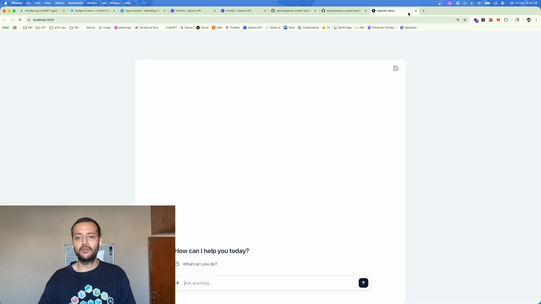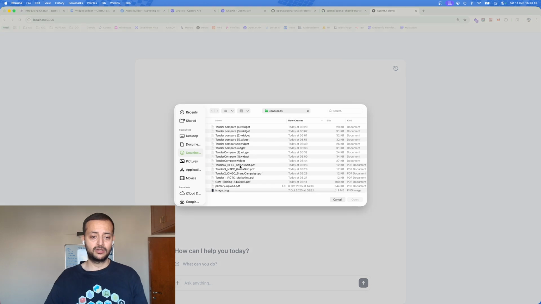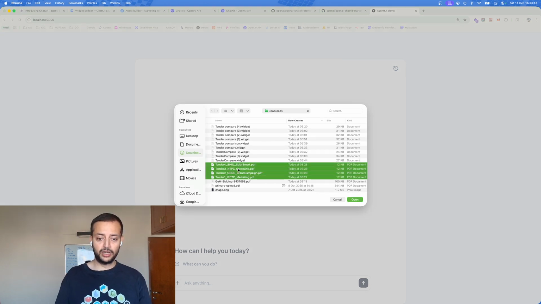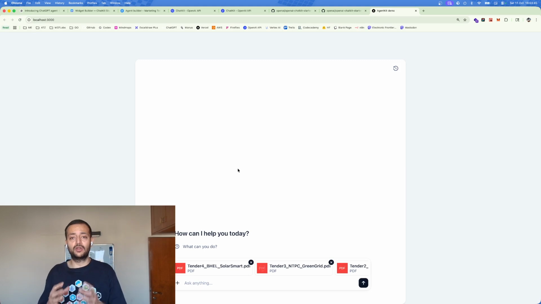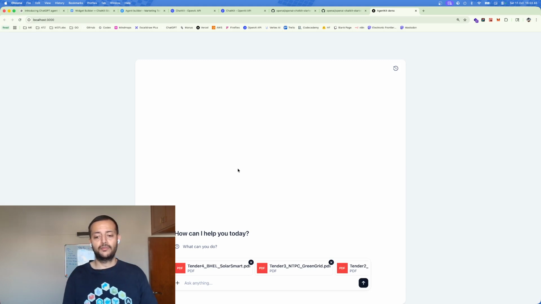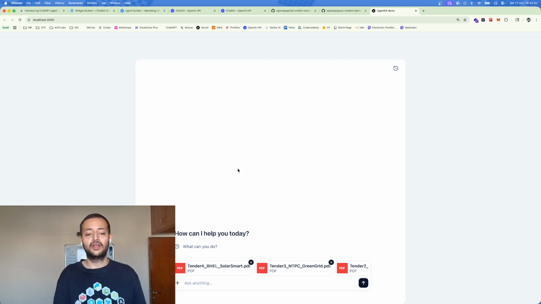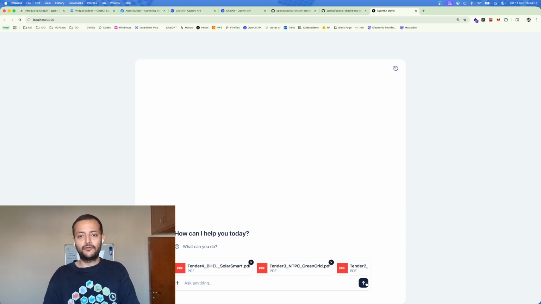Coming back to our demo, I'm going to upload some tender documents. So let's have a look. I have 4 tender documents that I've generated using an actual GeM tender based out of India. So we are referring to documents that follow the Indian government tender abstraction and format. Having uploaded these tenders that I've generated using an actual tender as a sample, the 4 that are here have been generated using ChatGPT. You can do the same, and this piece is important. The synthetic data generation allows us to prototype, do R&D, and find edge cases, loose nuts